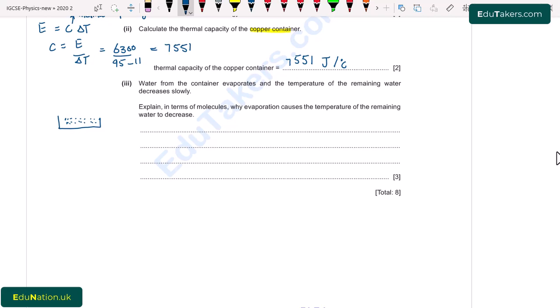In order to do this, it needs to carry a lot of energy. Some molecules have a large amount of energy and some have very little. So the molecules that have a lot of energy escape from the surface, and the molecules that have a small amount of energy are unable to escape from the surface. And because they have less energy, the temperature of the remaining molecules decreases, and in this way evaporation causes cooling. So I write here, molecules